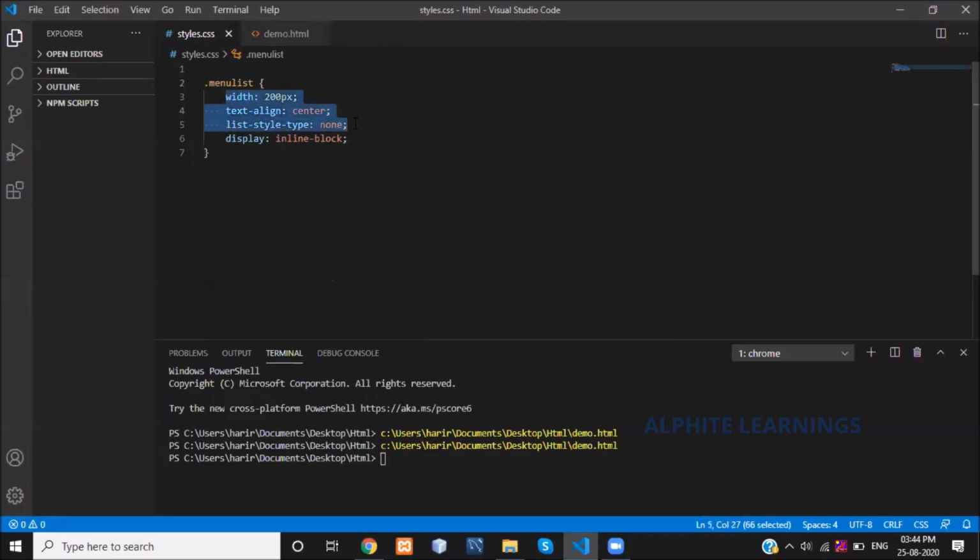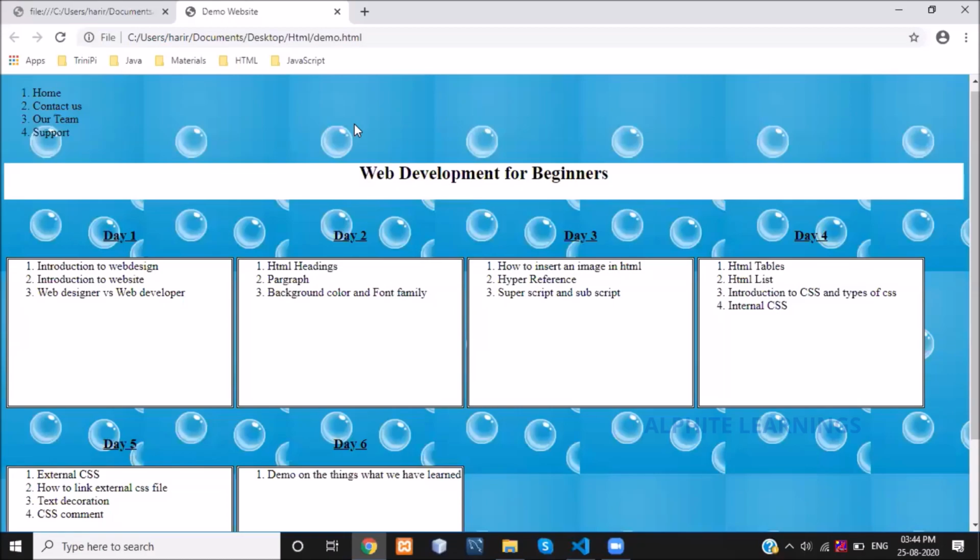Let's remove all those and see what happens.